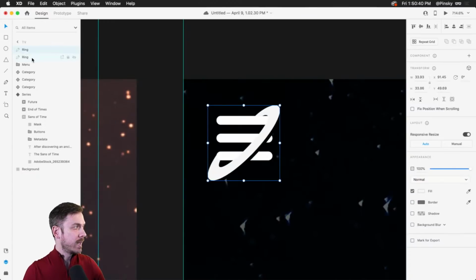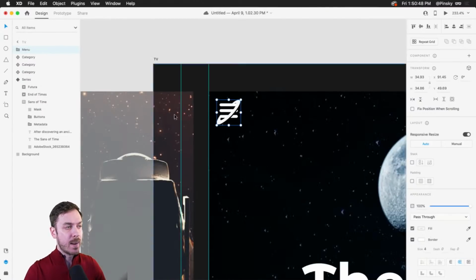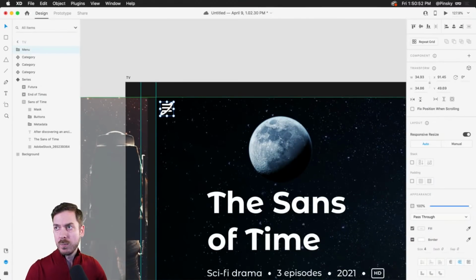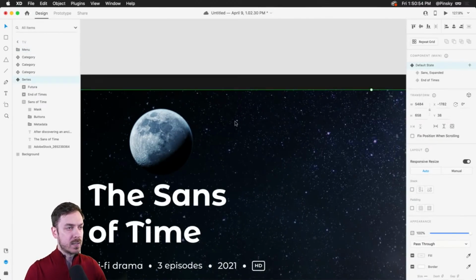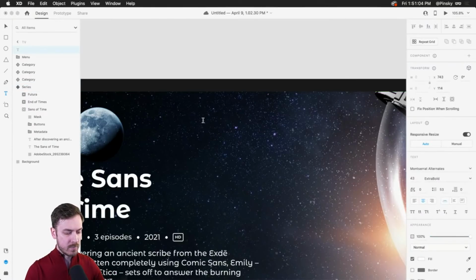Perfect. All right, so we have our menu, and of course, as this prototype evolves, we'll be able to add different states to our menu so that when it's tapped on, a whole menu from the left kind of slides out. But we may want to add a few additional items up here at the top, maybe some links. If you're familiar with YouTube TV or Apple TV, there are sometimes some subcategories up at the top. So this one up here might be for you.